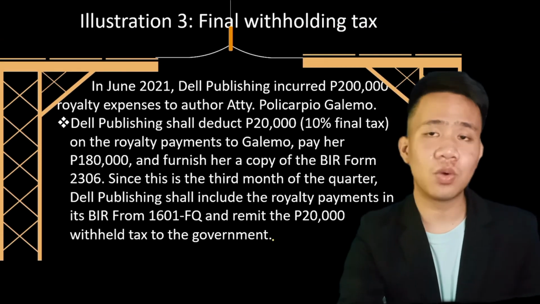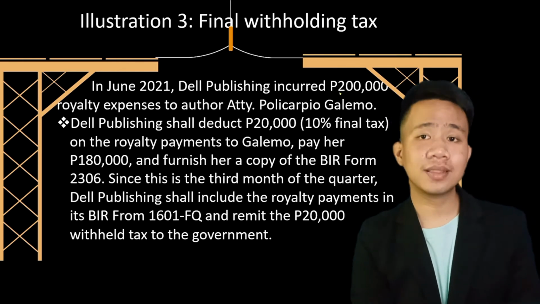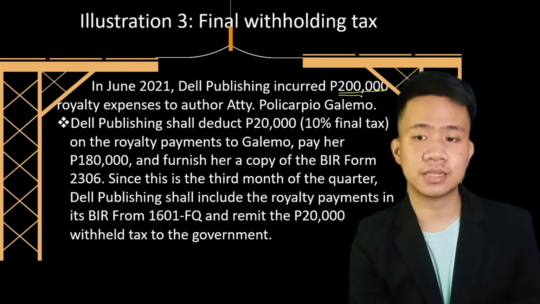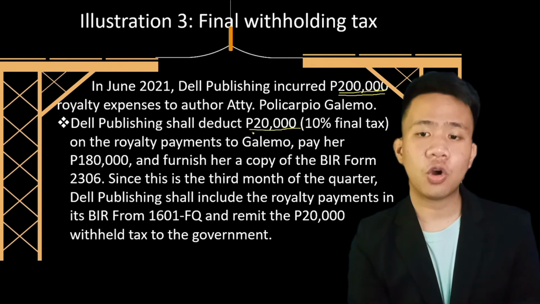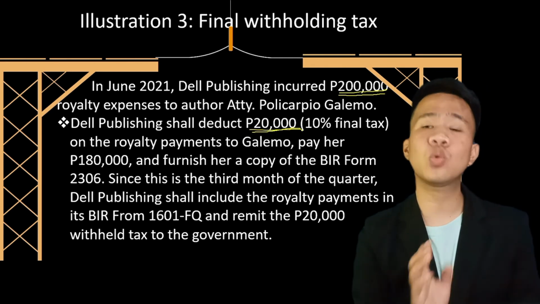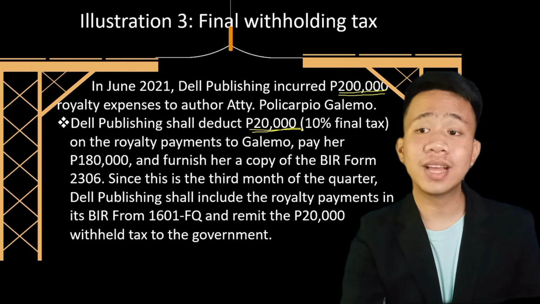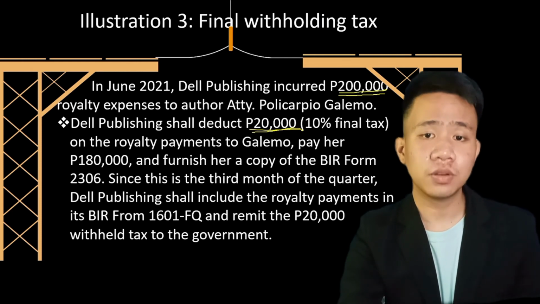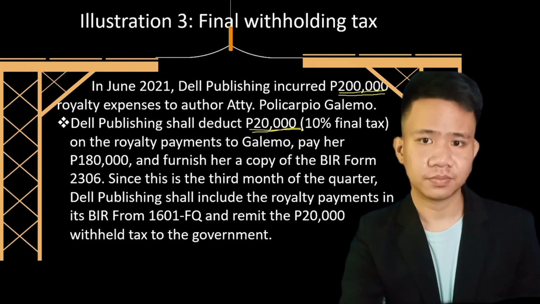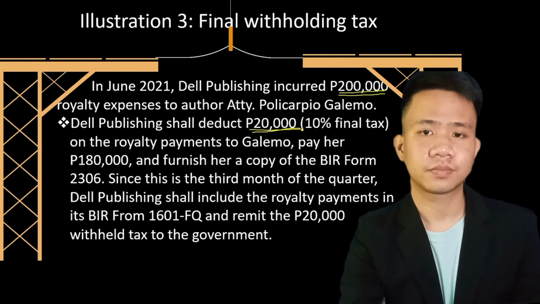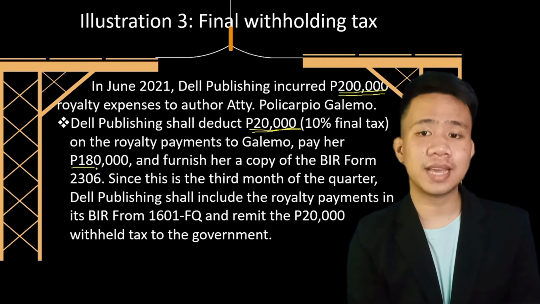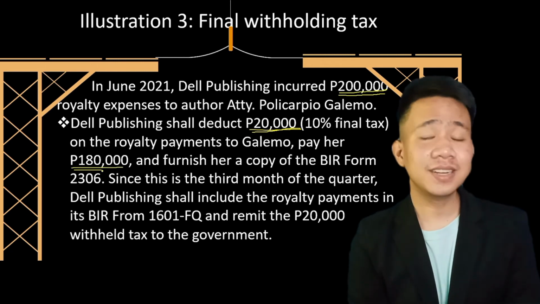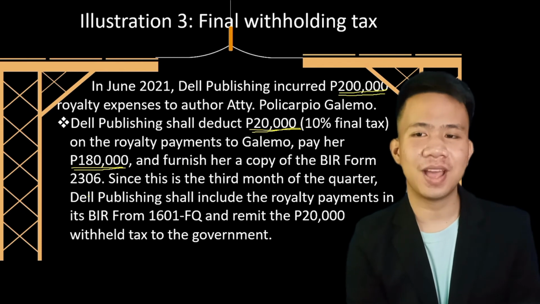So in June 2021, Dell Publishing incurred 200,000 pesos royalty expense to author Attorney Policarpio Galemo. So Dell Publishing shall deduct 20,000 pesos or the 10% income tax from the 200,000 pesos royalty expense, and then pay another 180,000 pesos and furnish her a copy of the BIR form of